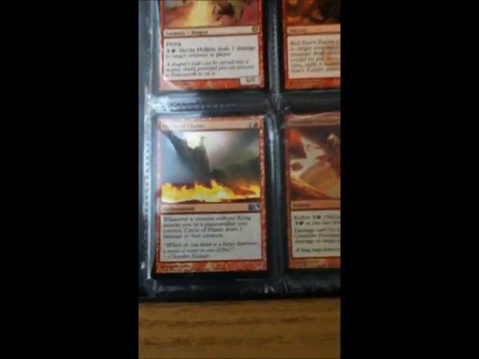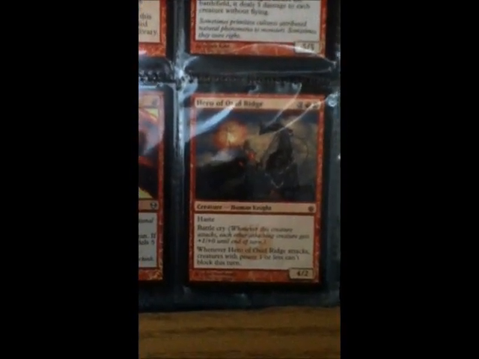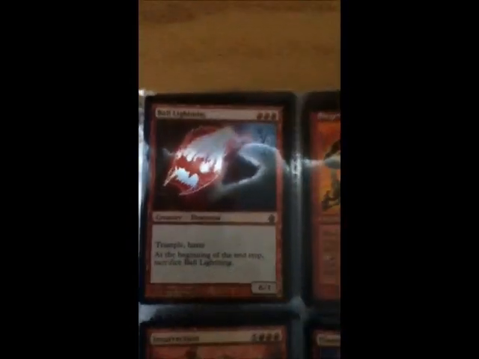We've got a Kuldotha Phoenix, Flame Blast Dragon, a couple of Mordant Dragon, Shivan Hellkite, a playset of Red Sun Zenith, Thunder Dragon, a foiled Circle of Flame, foil Unstable Footing, and a Hero of Oxid Ridge. We've got a Fire and Lightning, Ball Lightning, Siege Gang Commander, Ashling the Pilgrim,